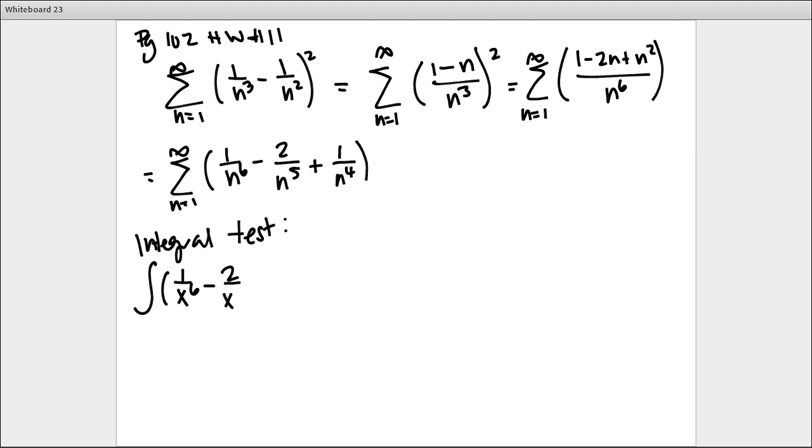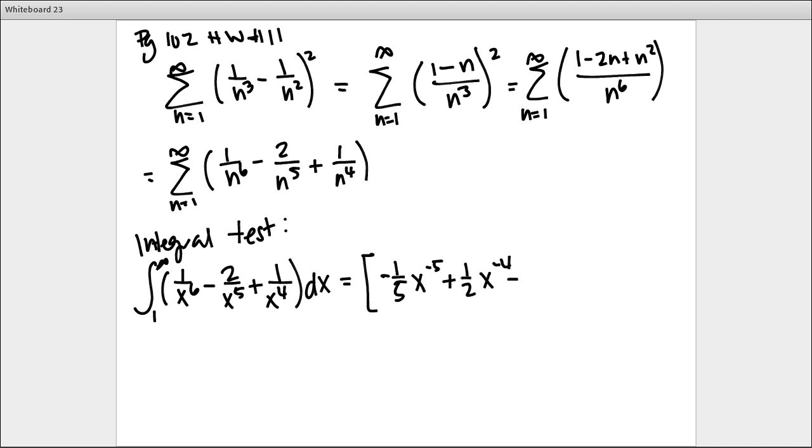you can show that the integral of 1 over x to the 6th minus 2 over x to the 5th plus 1 over x to the 4th dx from 1 to infinity, you do a bunch of math magic, right? Can I do math magic? You end up having negative 1/5 x to the negative 5, and then a plus 1/2 x to the negative 4, and then a minus 1/3 x to the negative 3, and you'll evaluate that from 1 to infinity, and